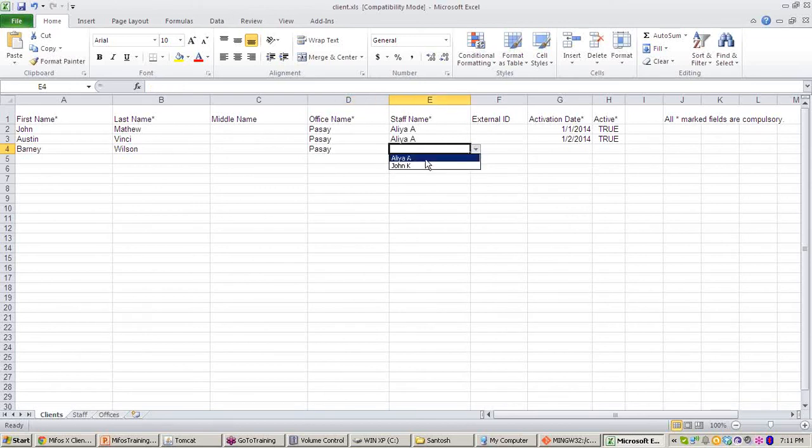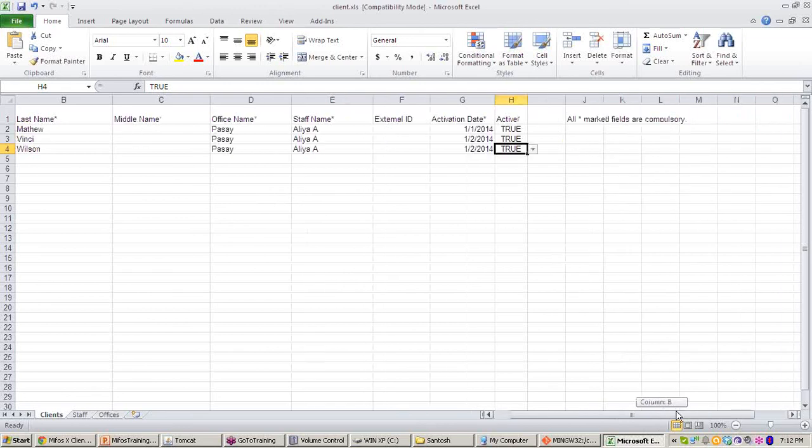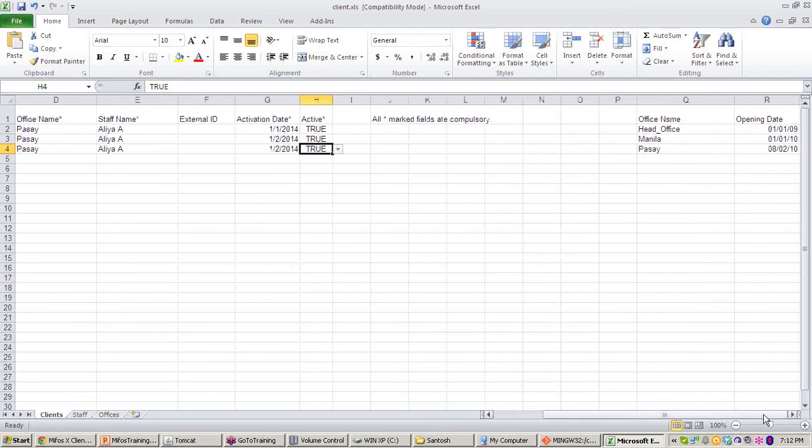Assign the staff name and give the activation date. For this, give the same date, that is 2nd January, and set active as true. Now we have created 3 clients, and here there is a list of the offices, the head office, or you can see it here also.